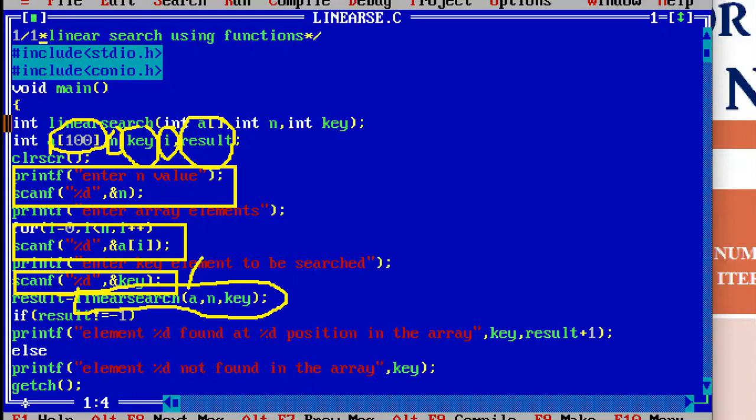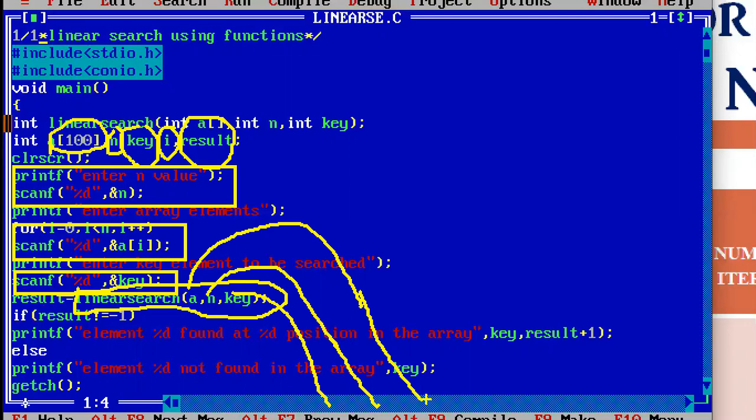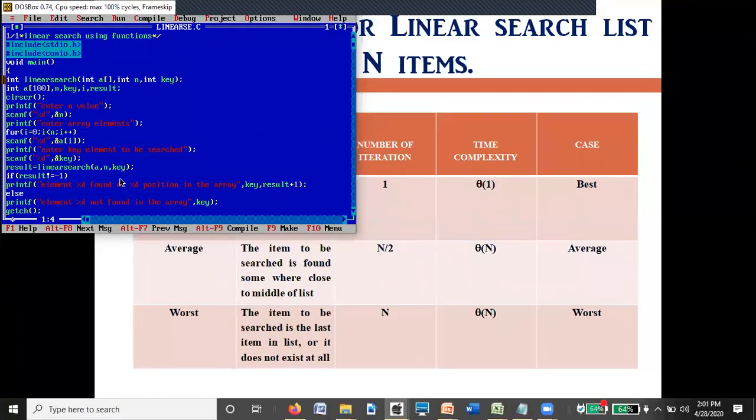So immediately the a value, n value, and the key value will be passed to that called function. Where is that called function? We will see. That called function is this.